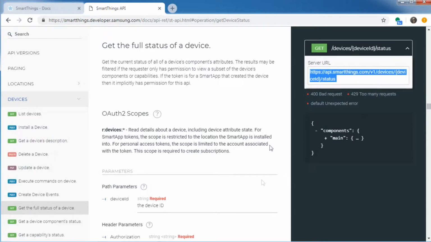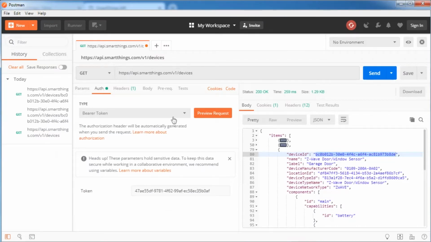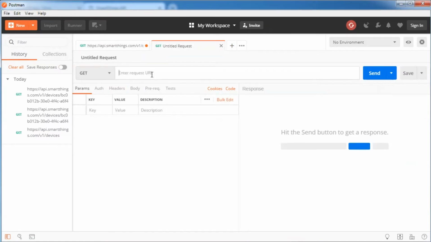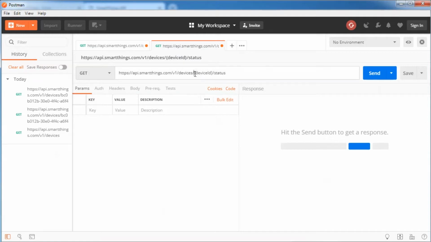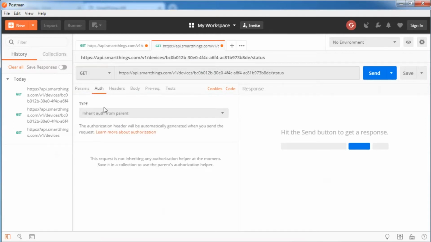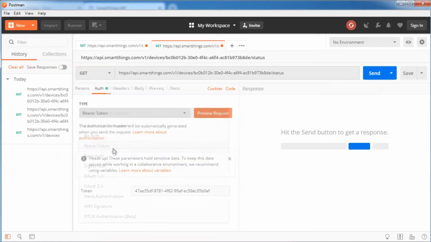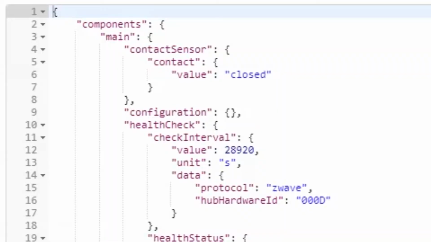So we're going to come over here, get our URL, and we're going to open up a new tab. We'll put that URL in there, and we've got to go get our device ID. So we're going to copy that, put that into the URL, and once that's there, we'll just double check our authentication. We've got the bearer token, and we'll click send. And this token I'm going to remove, but you can see I've got the value of closed for my sensor. So now we were able to query